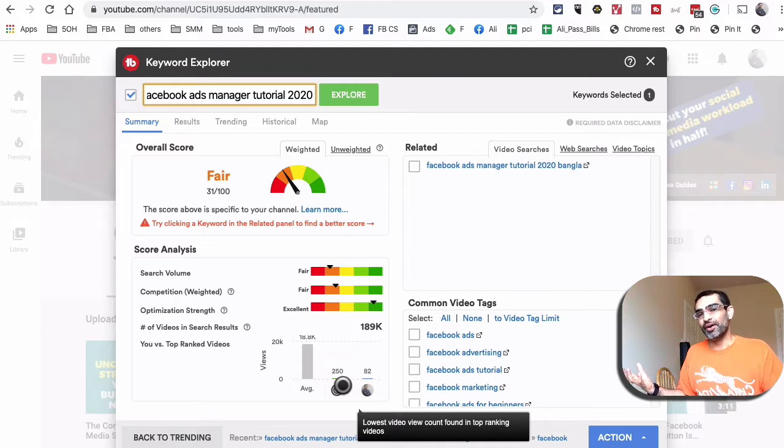That's the power of TubeBuddy. If you want me to do a more detailed tutorial on TubeBuddy, how to use it, how to find the perfect keyword, so that I know before I create the video if I'm gonna rank or not, that's the beauty of this tool and this extension. Let me know if you are interested in that type of video in the comments, and I can create